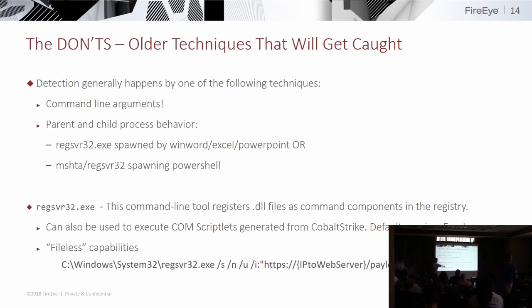But if you notice, look at all these switches. You have /s /n /u. You have to have /i plus your URL in order to execute your SCT file. And then if you notice at the end, it has scrobj.dll, which is a DLL required to actually do this activity. That's a really simple command line argument that actually doesn't happen very often on the Windows system, at least